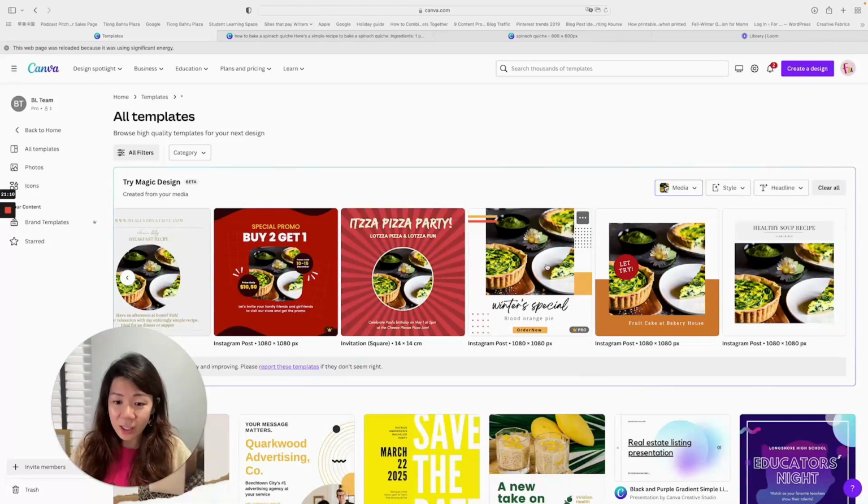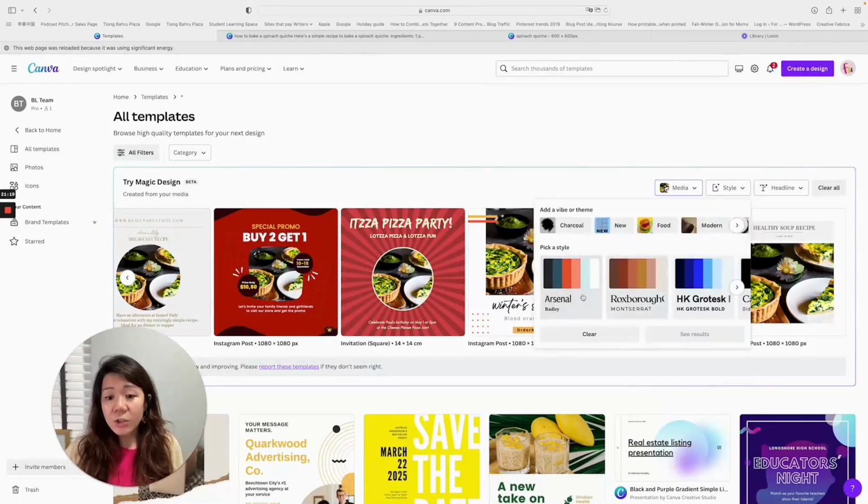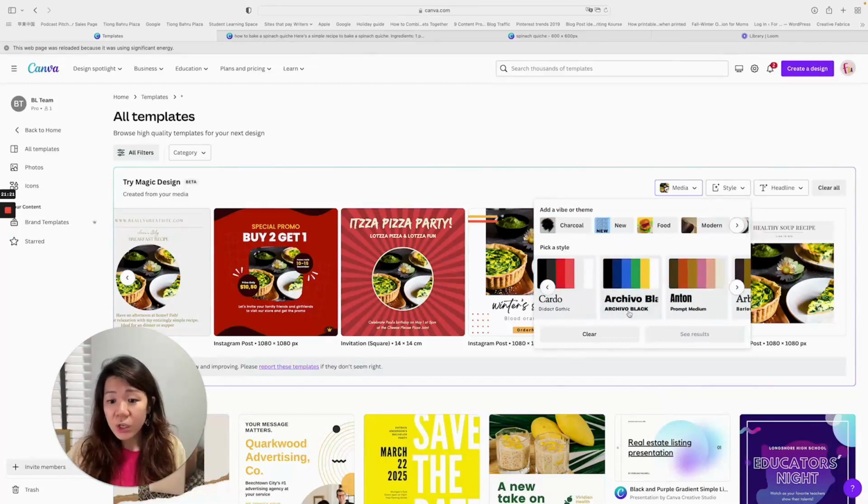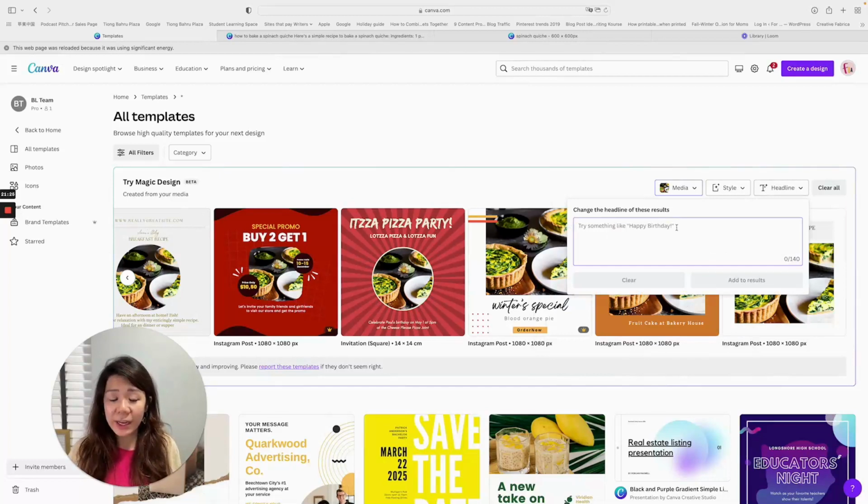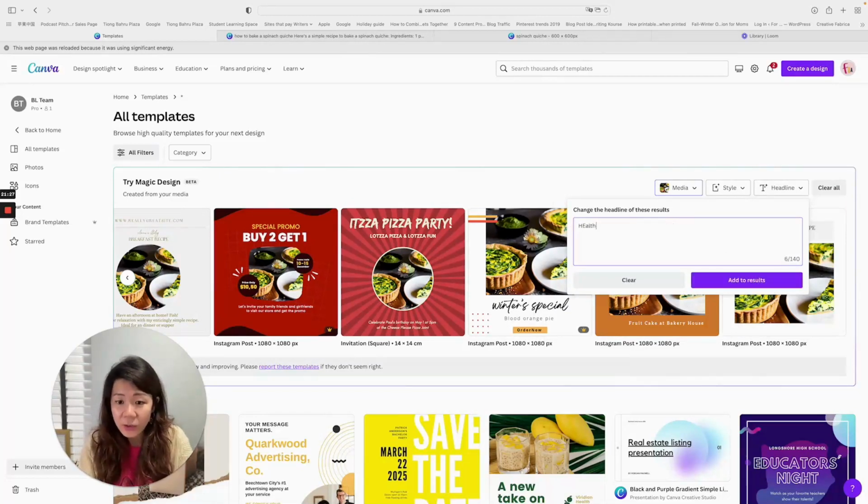But let me just click on this one. Let's say I love the way it looks and I want to use this. Or if you still want to make some tweaks, you can. Just to bring your attention to style, you can choose the color schemes. You can choose the font pairings if you want. Headline here is where you can actually change. So let's say healthy